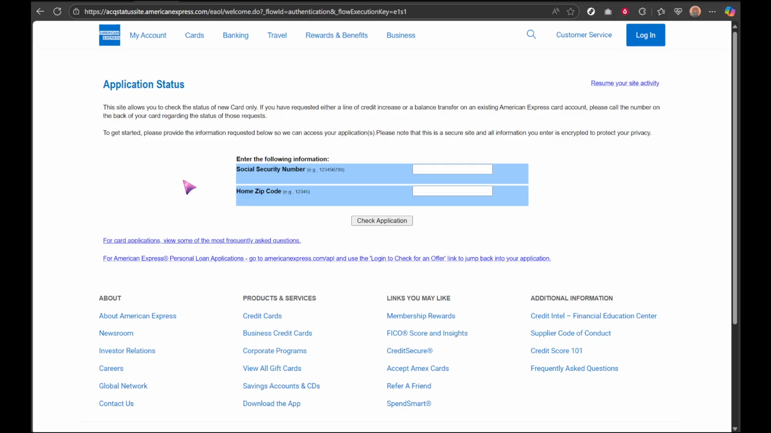So let's get started. First, you'll need to visit the American Express Status Check Authentication page. To make this process as seamless as possible, ensure that you have stable internet connectivity. Simply open your preferred web browser and go to the American Express website specified for checking application statuses. It's often easiest to type American Express application status check into your search bar, and you'll see the official link